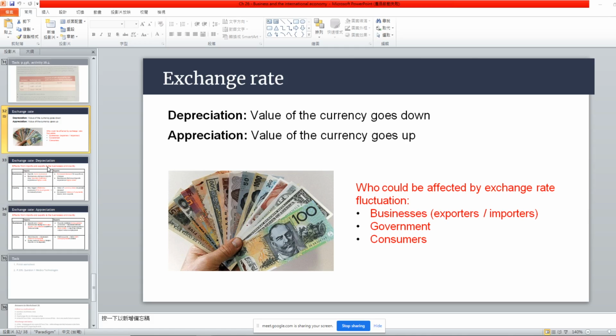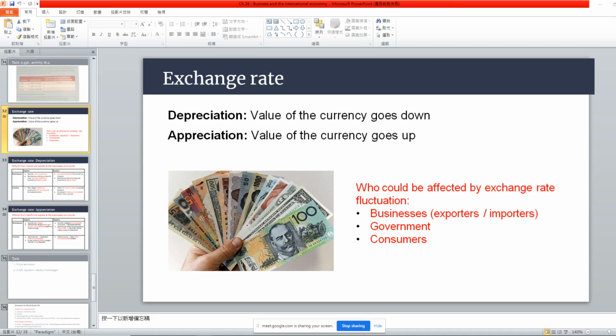So once again, what determines the value of a foreign currency? What really determines the value of a foreign exchange? What's the major factor that will affect it? Yeah, demand of your currency, right? Demand or supply. Demand is very simple to understand, but for supply,